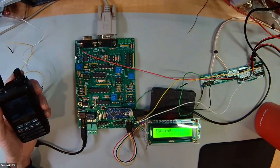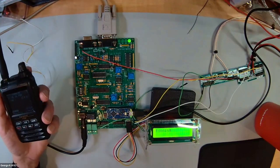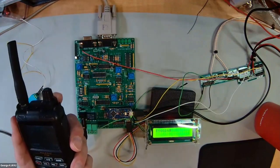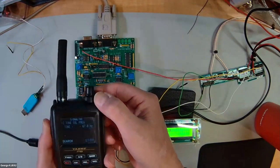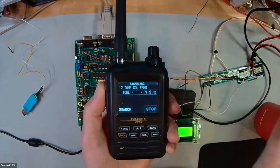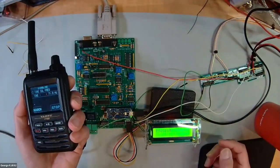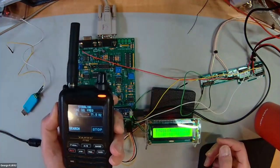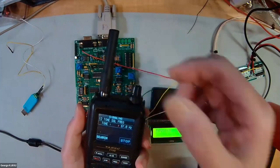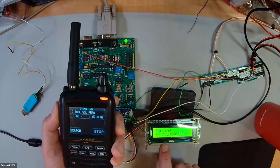I'm going to set this up so that 67 hertz is triggering an emergency tone and other tones won't. Let's start with my handy talkie. I'll set this to, let's say, 71 hertz. When I key that up, nothing happens. It'll detect there's a carrier there, but that's about it. If I switch over to 67 hertz and key up, what'll happen is you can see on the LCD,